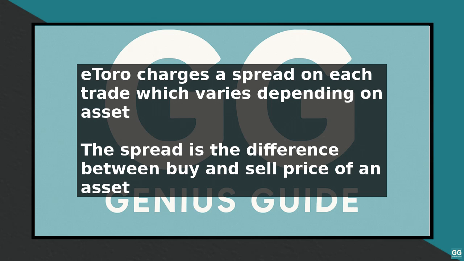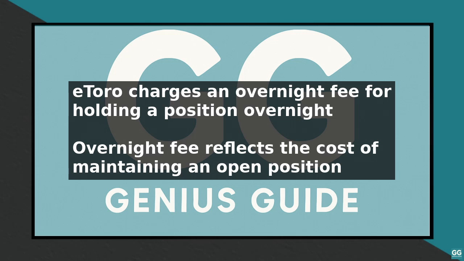First, let's talk about the spreads. The spread is the difference between the buy and sell price of an asset. eToro charges a spread on each trade, which can vary depending on the asset being traded. For example, if you want to buy a stock, you will pay the ask price, and when you sell, you will receive the bid price. The difference between these two prices is the spread, and it is a fee that eToro charges for facilitating the